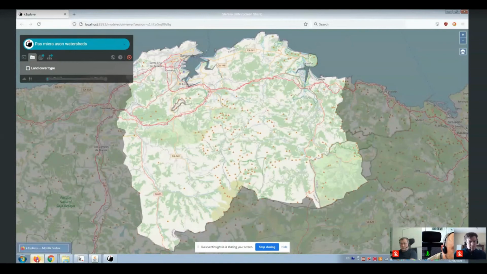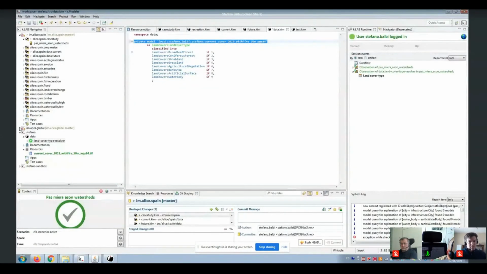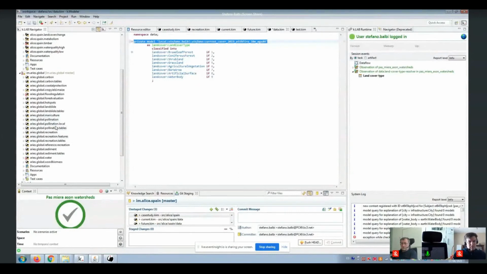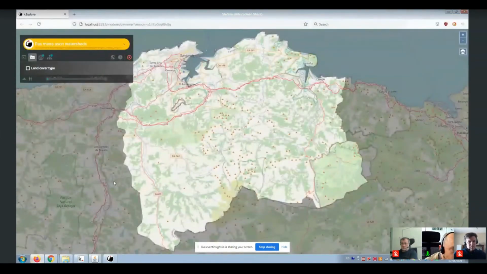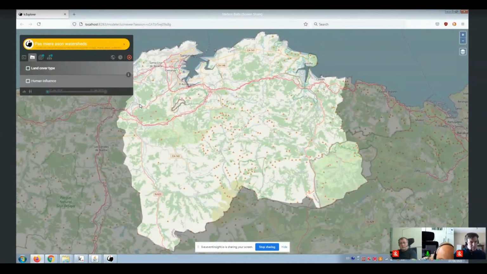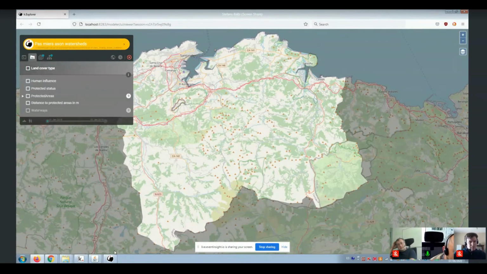And now for example, I will run the theoretical from here. Well, I'm actually going in the recreation itself and using, for example, the theoretical value of the recreation, see what happens. But anyway, the main messages are the idea of importing data and resources, and the idea of making your resources private or public according to what you want to do.